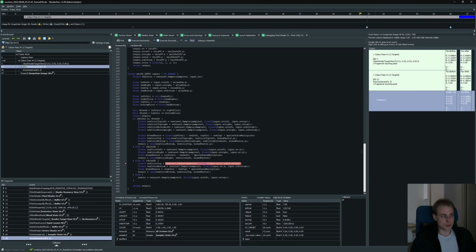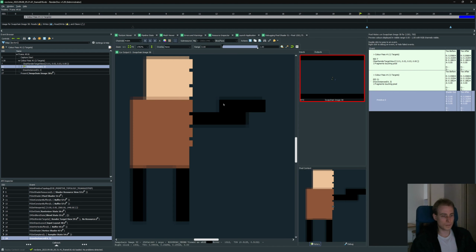And that ends up being what? Transparent, and bottom is also transparent. So we end up with a transparent pixel. But the one right below that